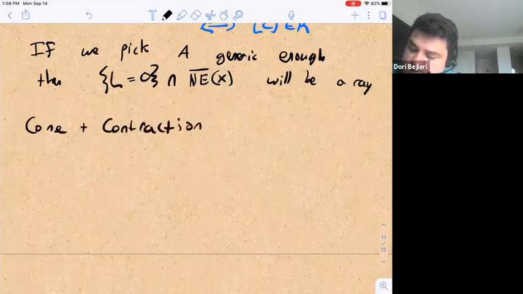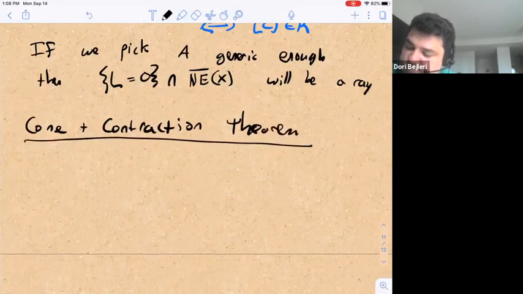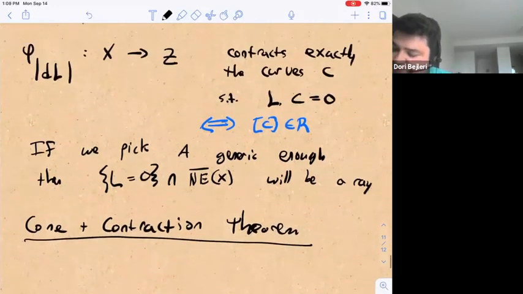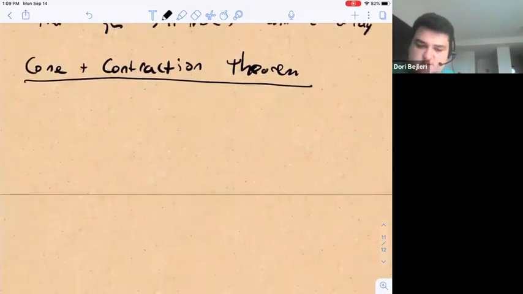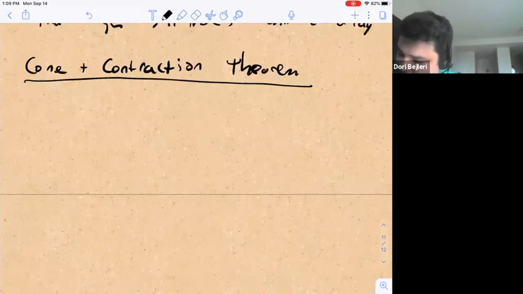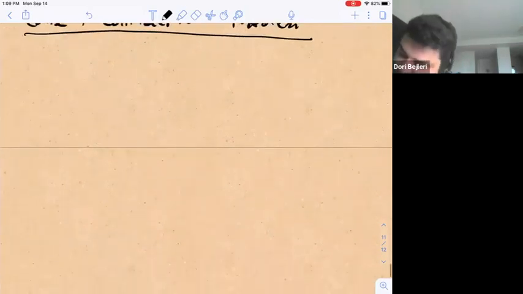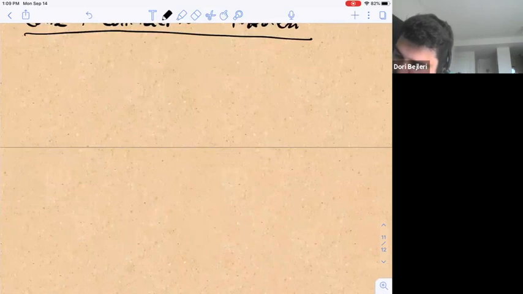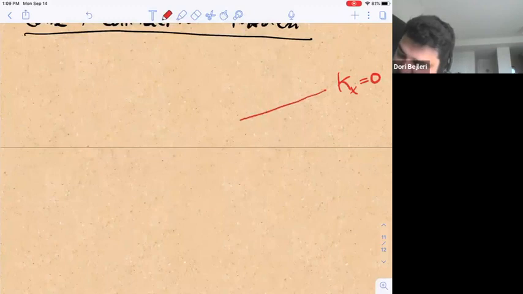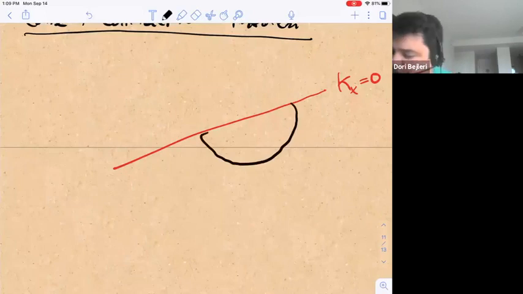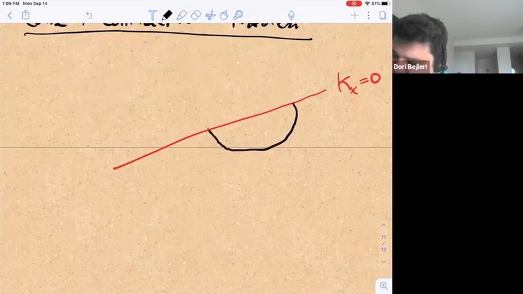So for now, I'll just illustrate it. As a result of these rationality and base point freeness theorems, we actually get that the K negative side of the cone of curves has a really nice structure. So I'll draw it as a picture. So here's our K equals 0 hyperplane. And on the positive side, we don't know anything. Could be whatever. But on this negative side, it turns out that it has to be some kind of rational